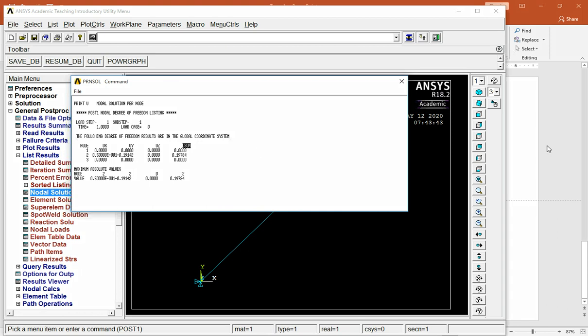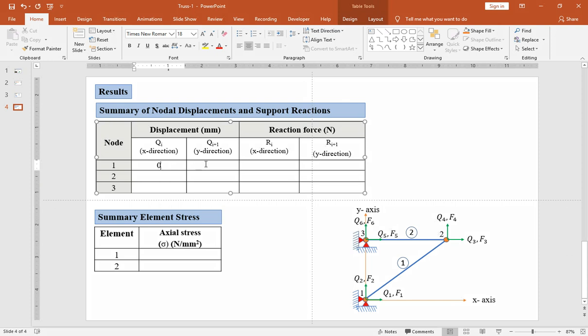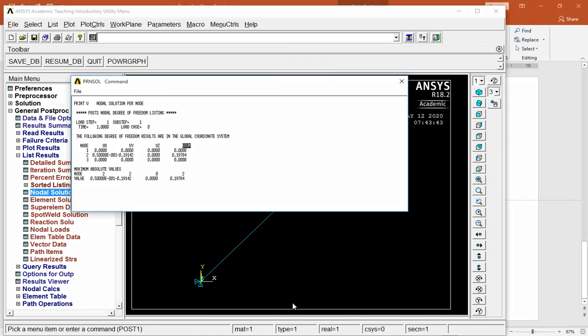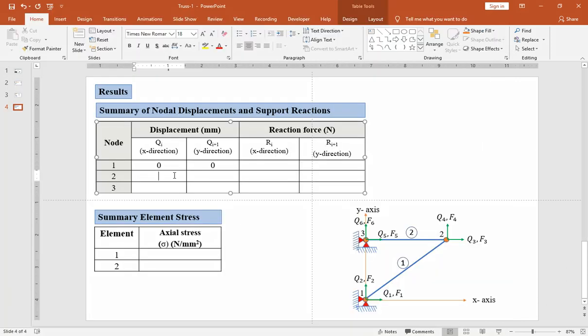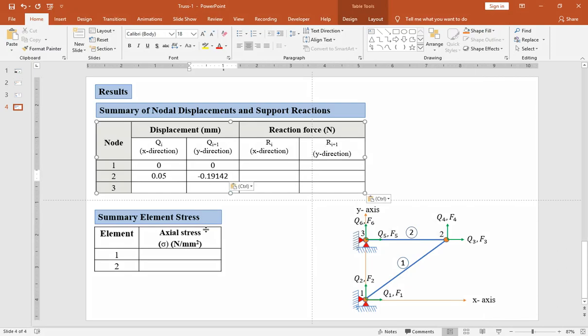Go to this table, and for the first node it is 0, 0, and here enter 0, 0, and go to the second node, it is 0.5 × 10^-1, so that you can write as 0.05, and the second value is minus 0.1942. Go to this table and fill it up. Then the third node it is 0 and this is 0.